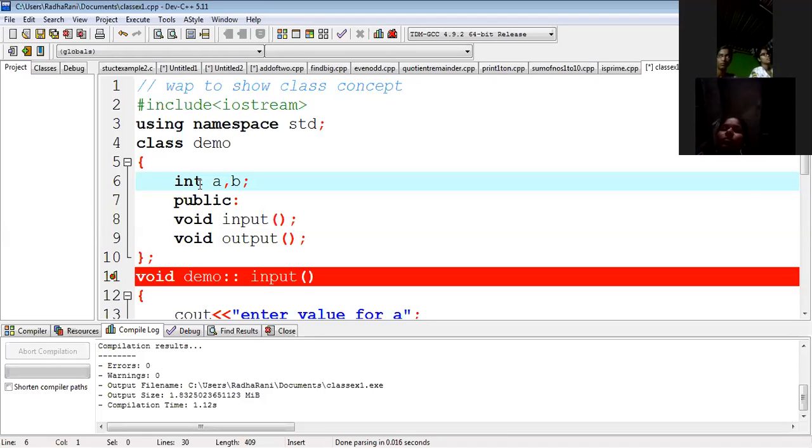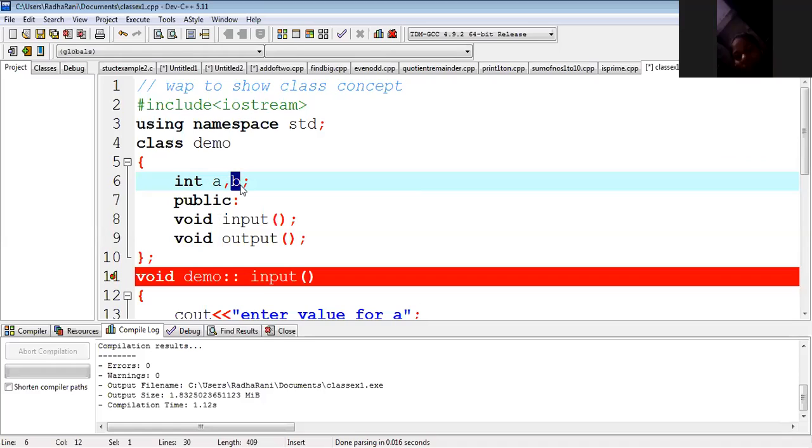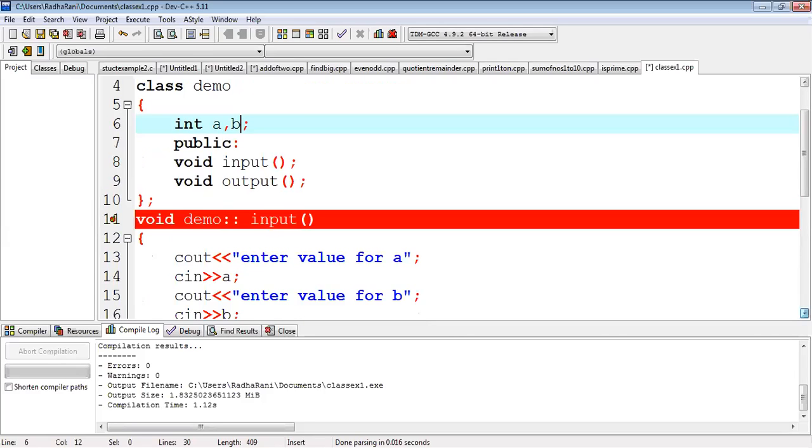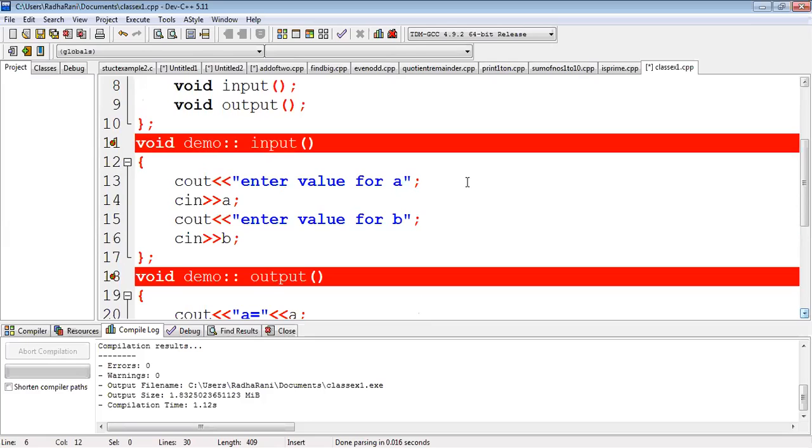Girls, what is the data type of A and B?